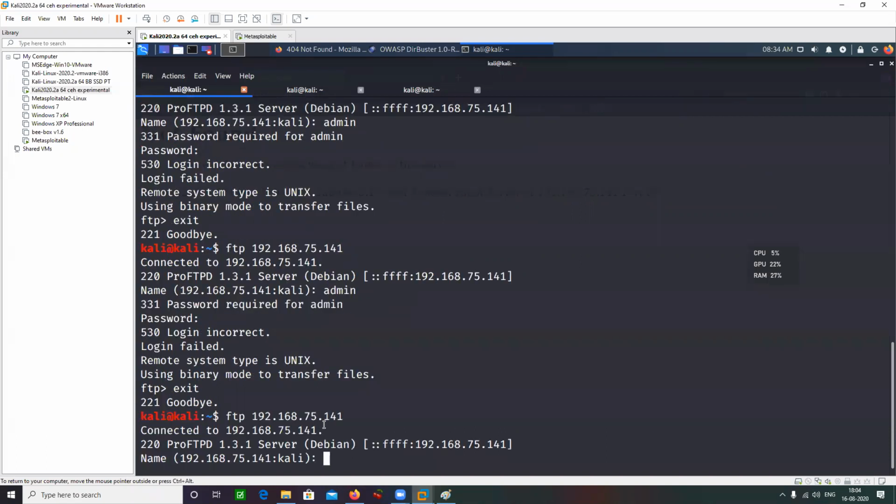What to do now? I tried logging in with some default credentials like admin password, admin 123456, so on and so forth, but I failed.